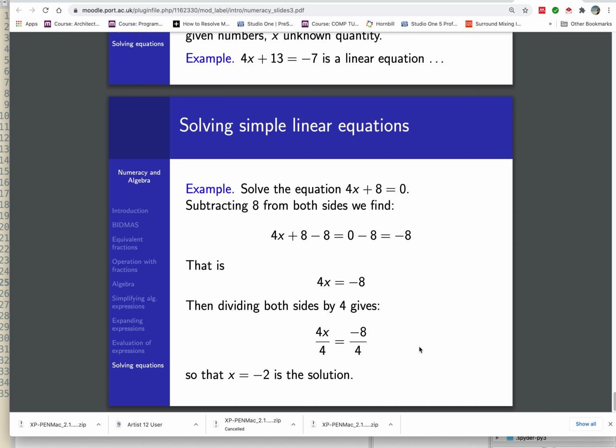So our last exercise here is a very interesting challenge. When you solve linear equations, if you look at this example here, you have 4x plus 8 equals 0. You have a simple step-by-step process which allows you to work out that x equals minus 2. Now, is it possible to convert that into a piece of software where you pass in this number here, 4,